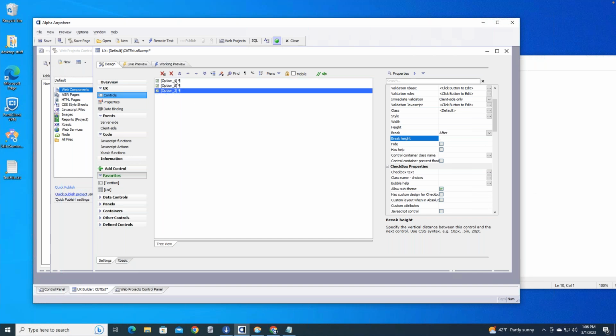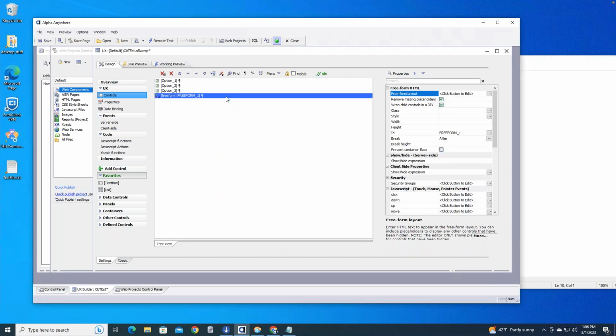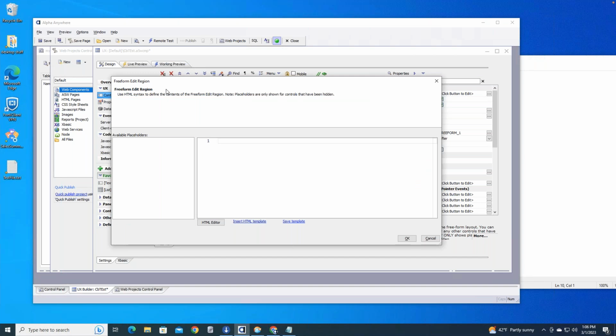What you could do is actually put these into what's called a freeform layout. And this is what I wanted to show you today because it gives you an awful lot of flexibility. So I'm going to go ahead and add a new control. And I'm going to say freeform layout. And there it is. And I can just click here to edit. I think I can double click to open it. I can. So in my freeform edit region, I can start placing my fields in here instead, and I have more